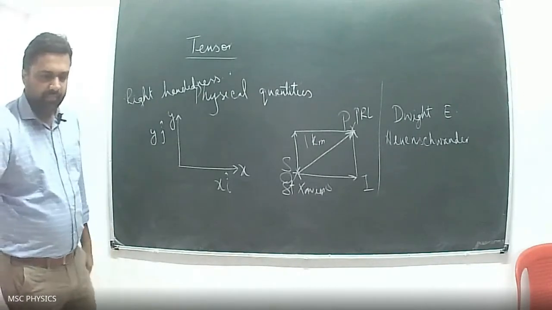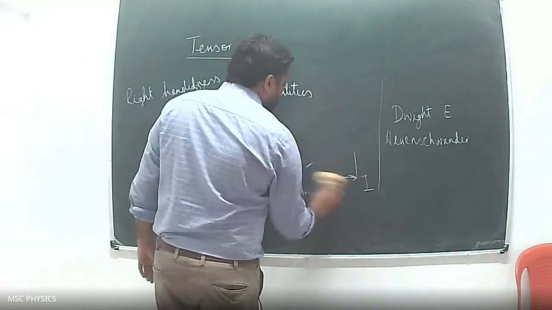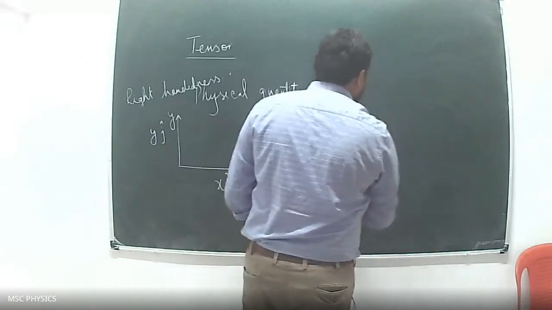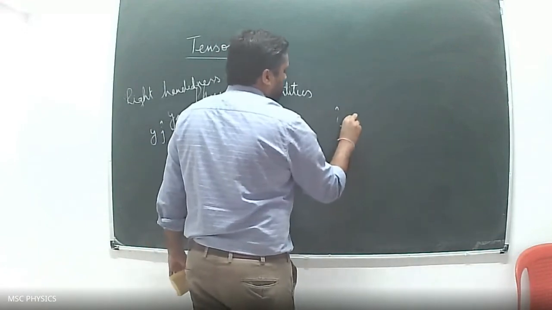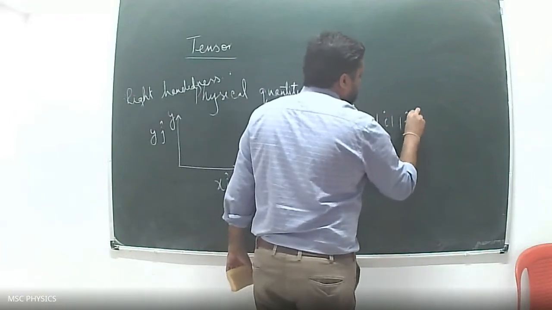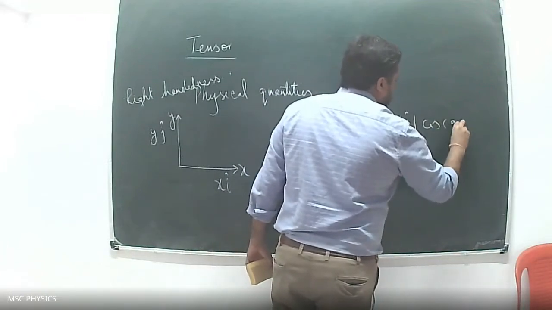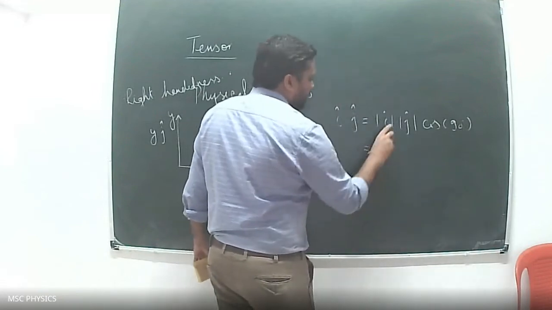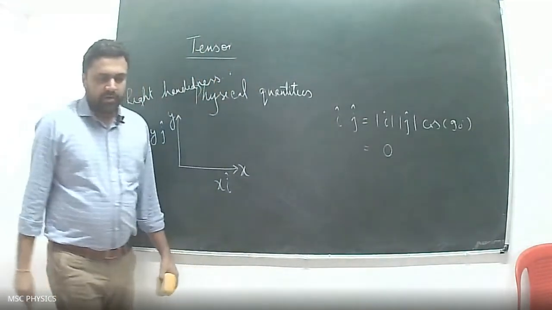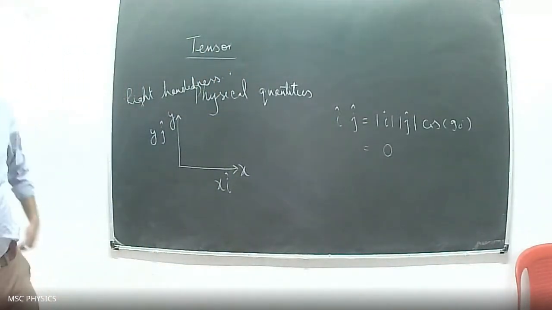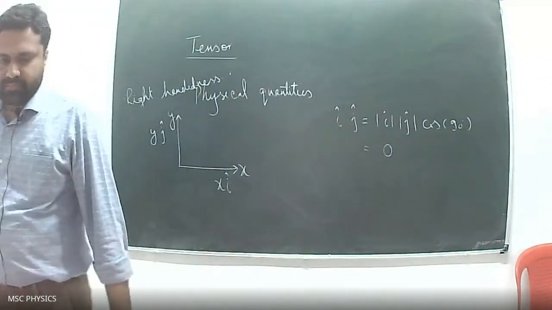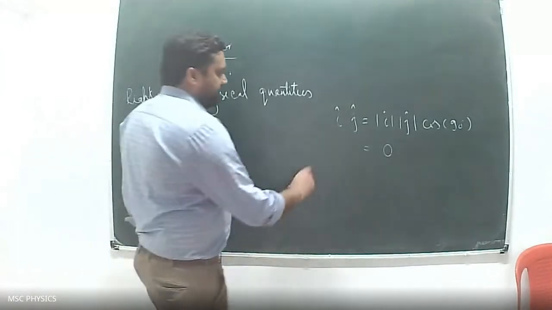So now, if I take the dot product of i with j, this will be |i||j| cos 90 degrees. This is 1, 1, and this will give you 0. So the dot product will be 0 only when this angle is 90 degrees. And what does dot product 0 mean? They are